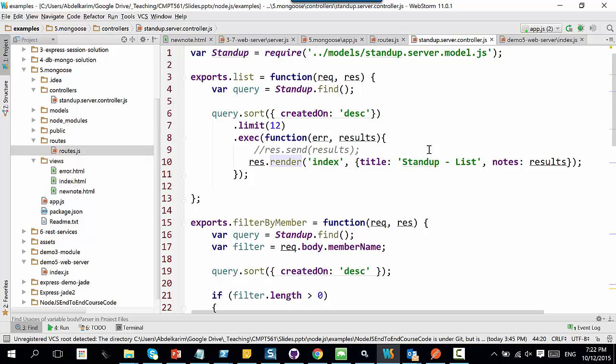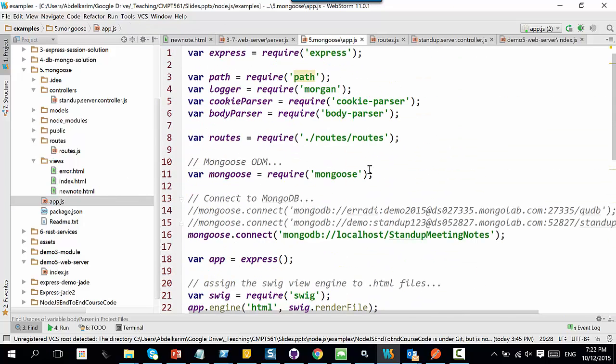And every database will have its own module that you need to download to interact with that particular database. So for MongoDB, there are multiple modules that can help you do so, but the most famous one and the officially supported one is called